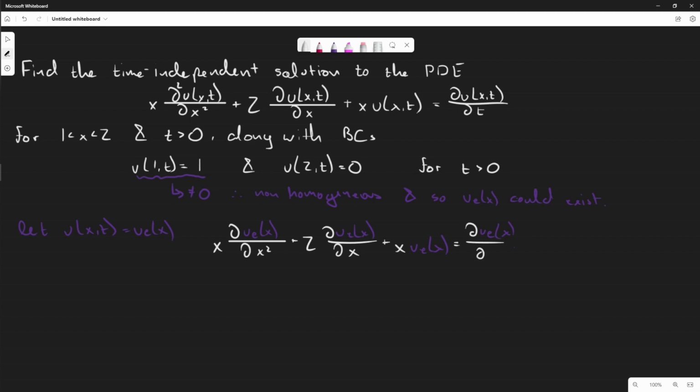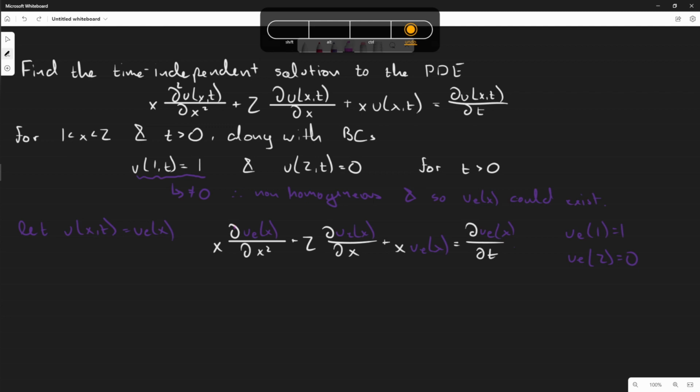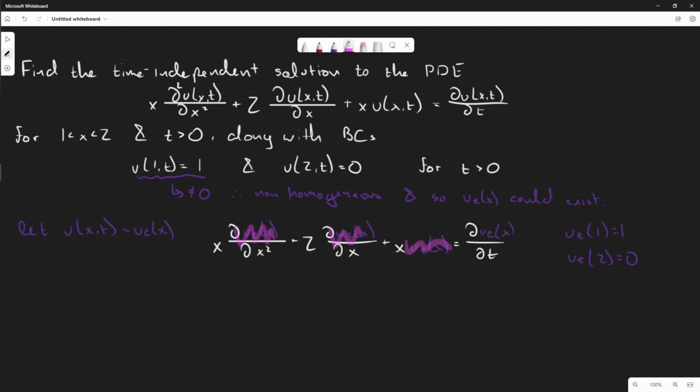And so now we're going to do a little bit more simplification. Oh wait, don't forget the boundary conditions now become u_E(1) is equal to 1 and u_E(2) is equal to 0. And so now we're going to simplify this, and notice that the function that we're taking the derivative of on pretty much the left side, so here, here, and here, well, this one doesn't really count because it's not a derivative. We can see that we're taking the derivative of one variable on a function that has that one variable,